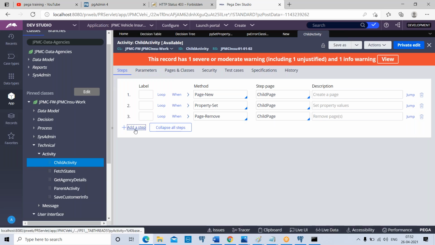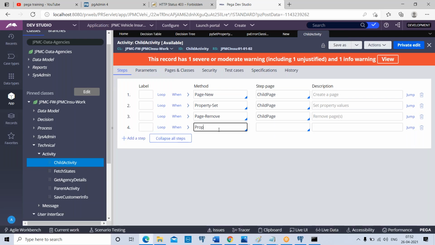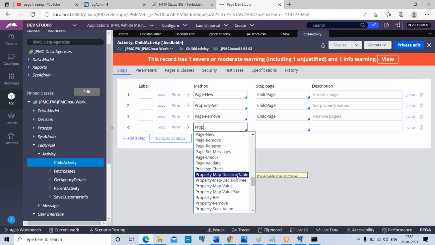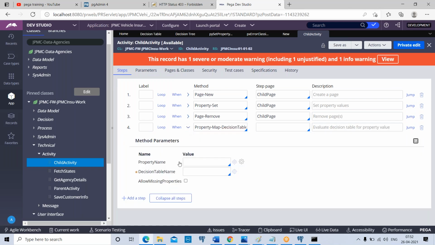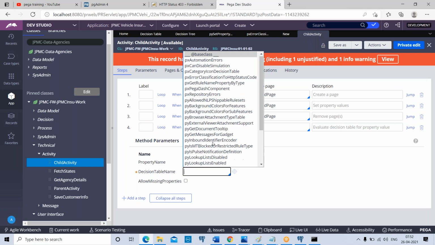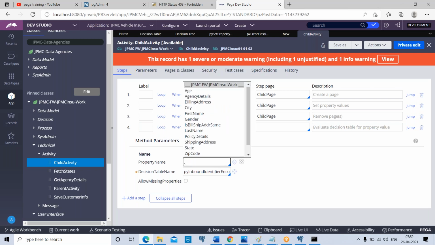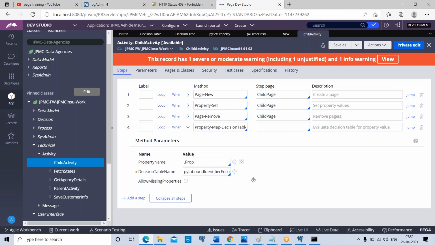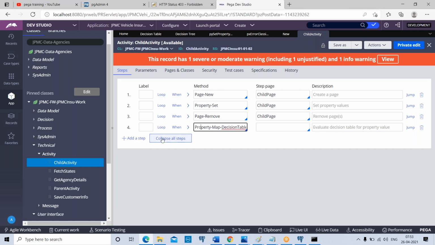How do you call from activity? There are methods available. Property map decision table, you call a decision table rule here, and the return value of the decision table you can capture into some property here. So when this method is executed, it will call decision table. Decision table is executed, the return value is going to get assigned to this property what you give. That is optional.